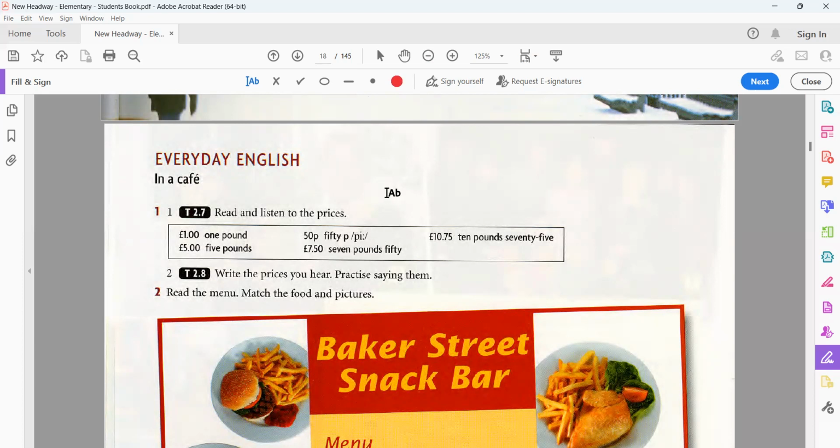50p, it's like halala here in Saudi Arabia. So 1 pound is 100 piastres. P is short form for piastres. Okay, so 50p, it means 50 piastres. 1 pound is 100 piastres, like 1 real is 100 halalas. Okay, now